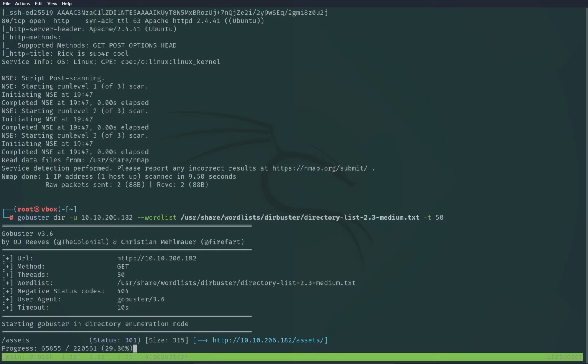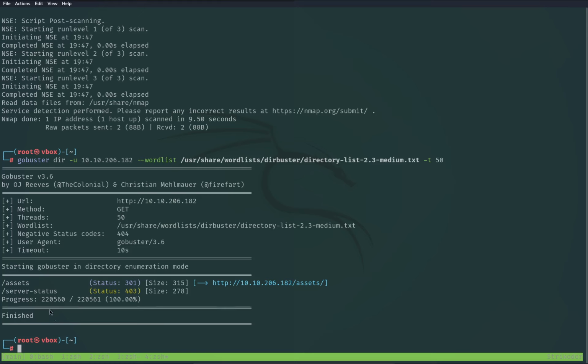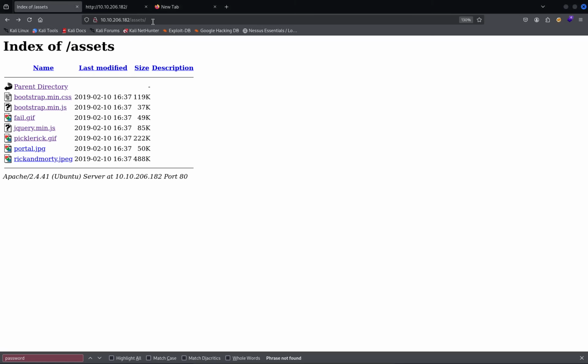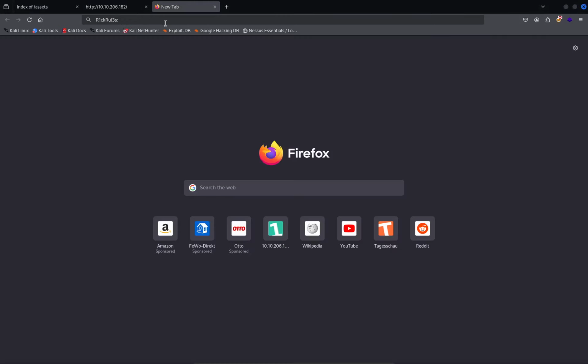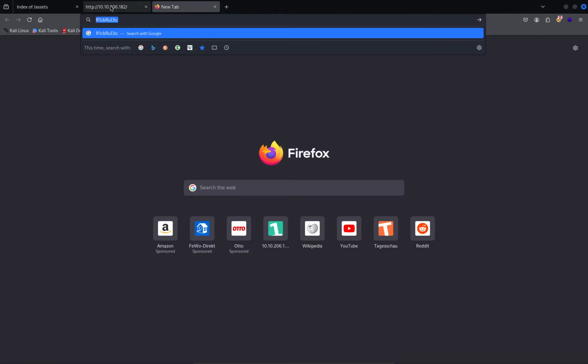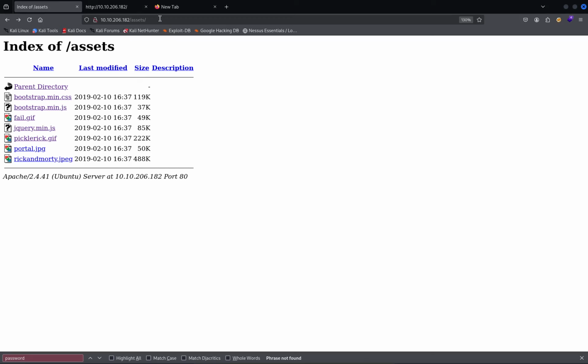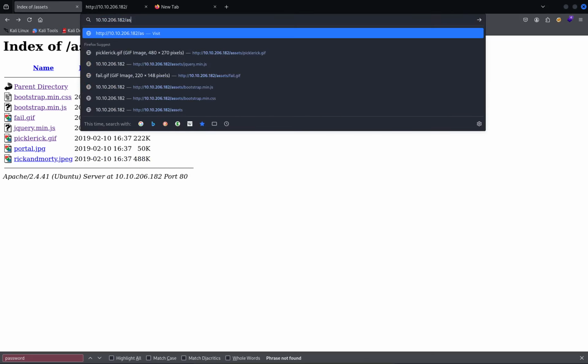So let me pause a little bit and get back when the scan finishes. Okay, I'm back. It's finished and we have server status 403. So let's get back to here. You can search through dirbuster or any other searching tool. For now, however, I like to always check as well